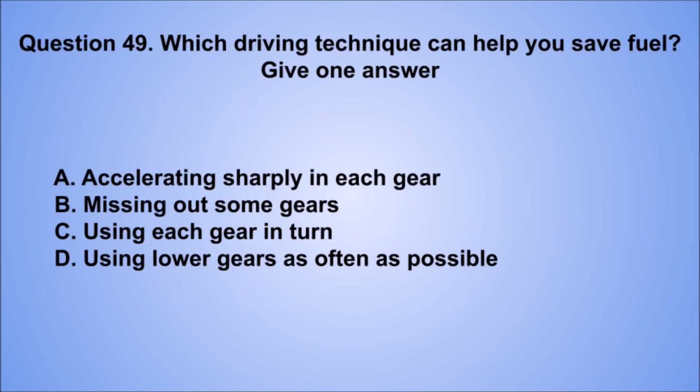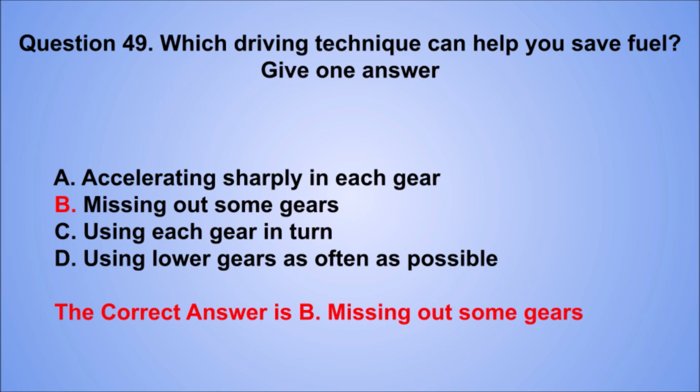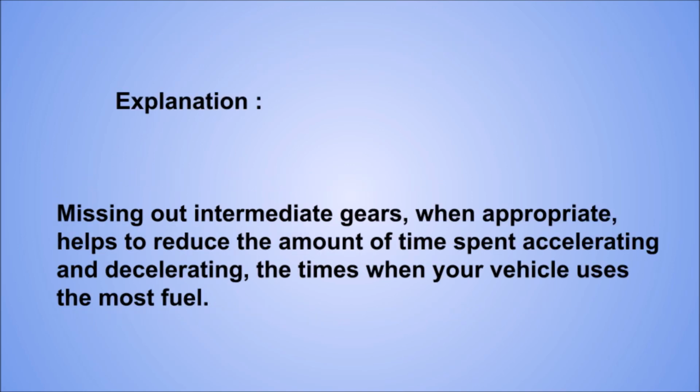Question 49. Which driving technique can help you save fuel? Give one answer. A. Accelerating sharply in each gear. B. Missing out some gears. C. Using each gear in turn. D. Using lower gears as often as possible. The correct answer is B. Missing out some gears. Explanation: missing out intermediate gears, when appropriate, helps to reduce the amount of time spent accelerating